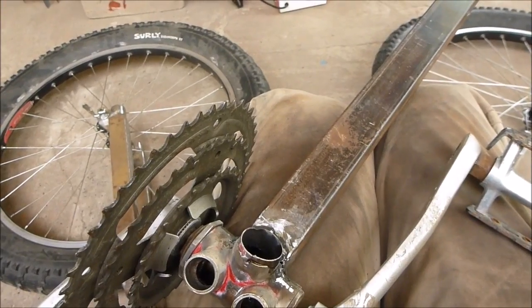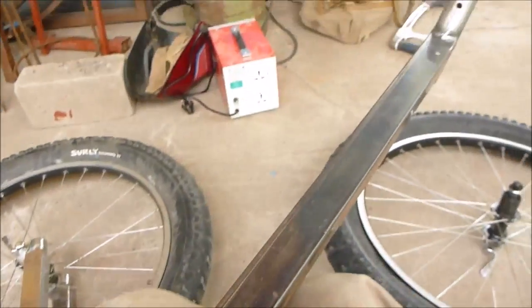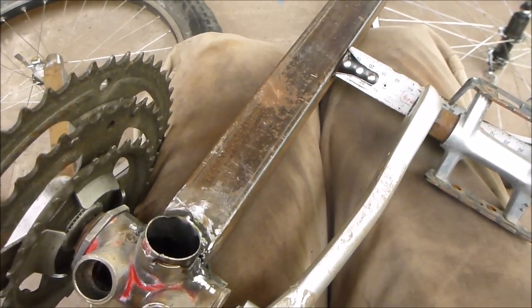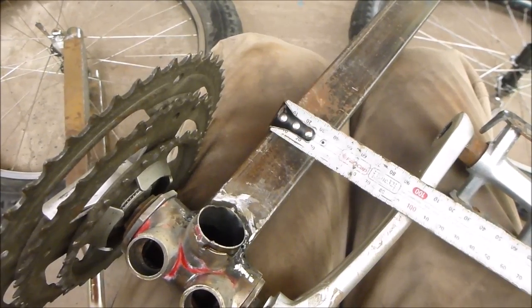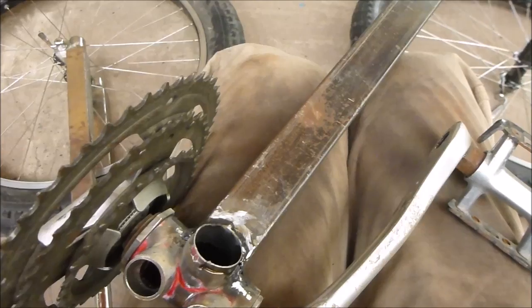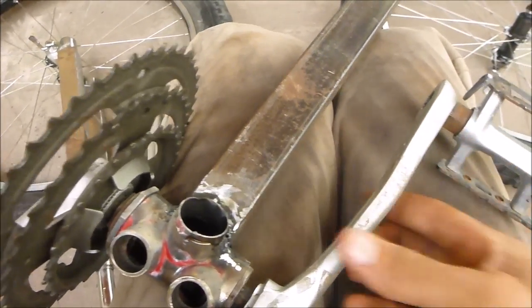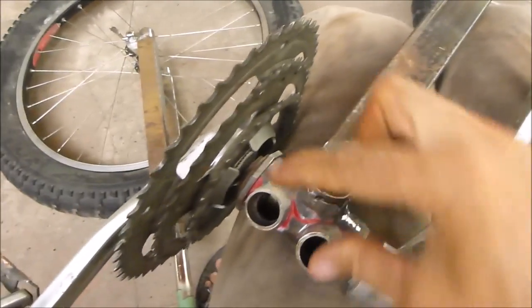Doing a little math here. I've got this welded in place. Need to finish the welds a little bit, but when I check here, the distance between here is 5.5. It's 6 on the other one, but 5.5 times 2 is 11, plus this is 3.5. That makes 14.5 centimeters. I have to be less than that, so maybe 14 centimeters or so, so I don't hit the